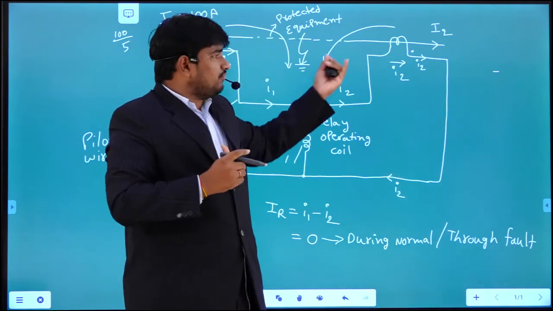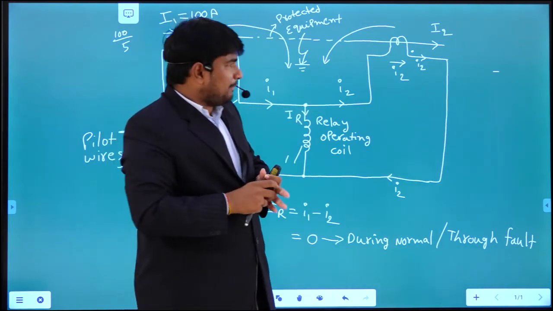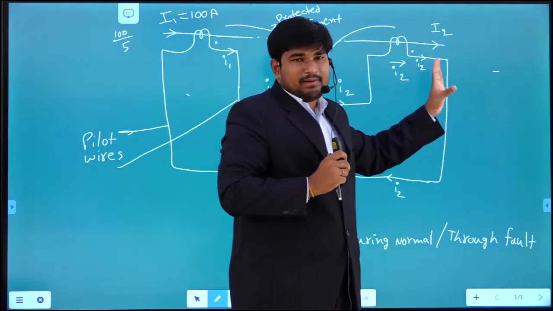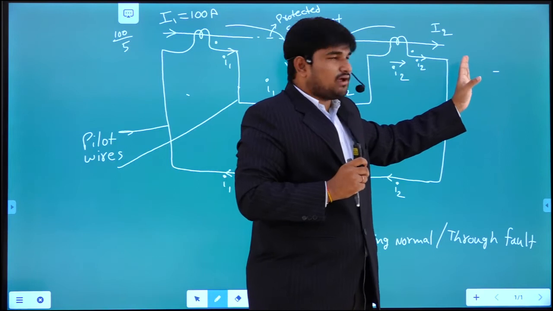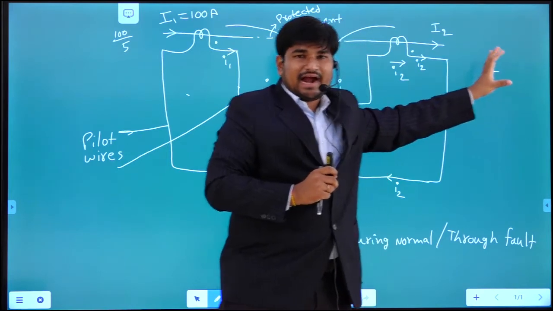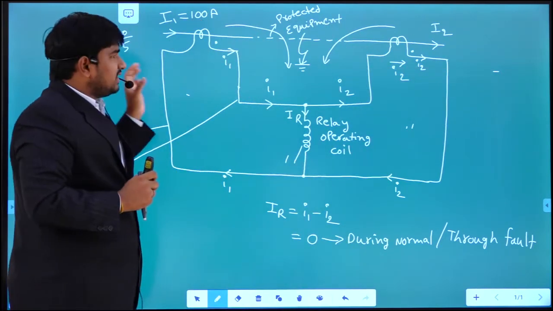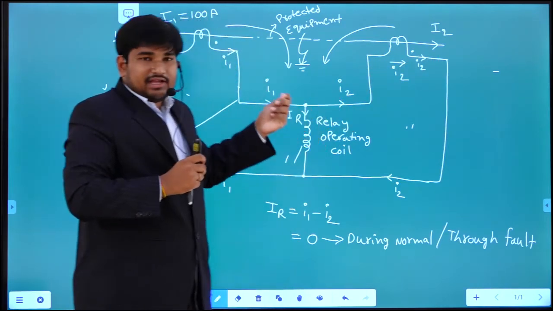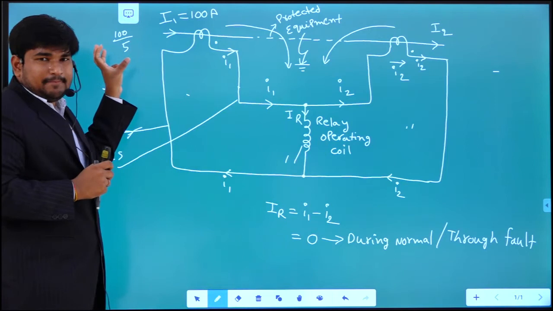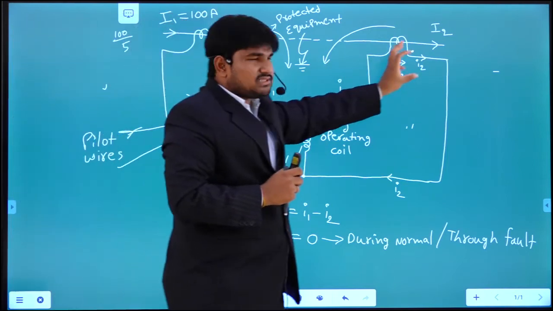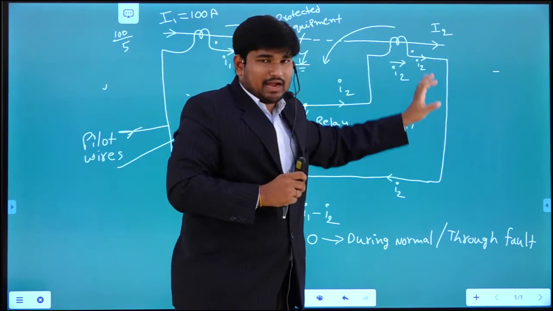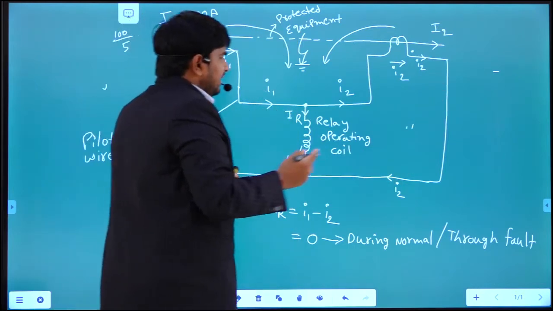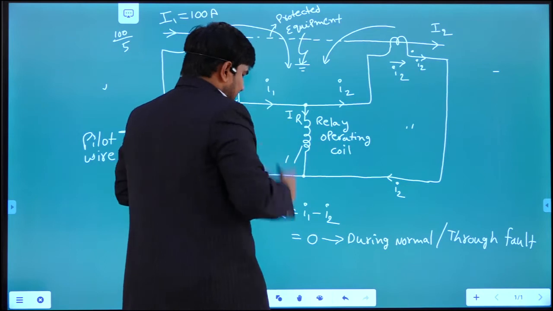Right. So we got two cases here. For example, if we have doubly fed systems, that means doubly excited, with a generator on this side and this side, the current I2 will be reversed. Or if it is singly fed, then in this case the amount of I2 will be reduced. Now let me take I2 as reversed.